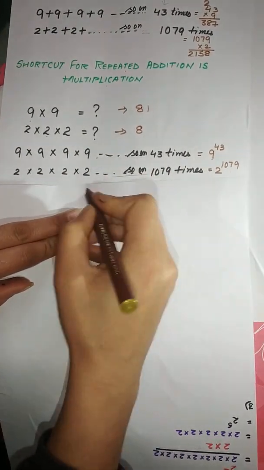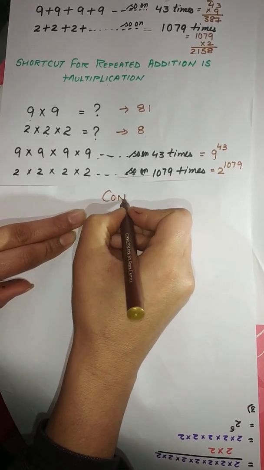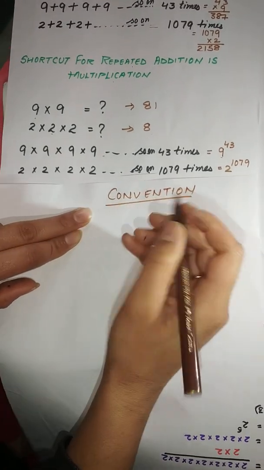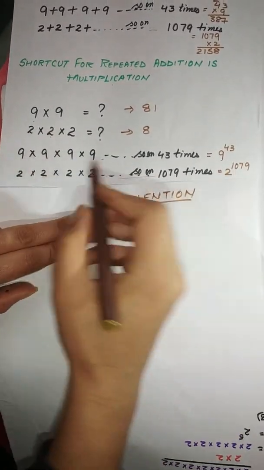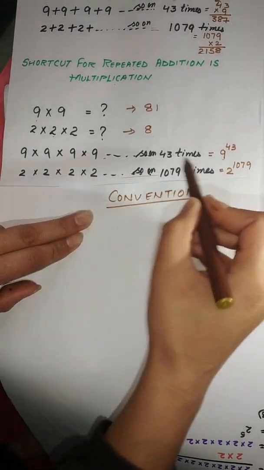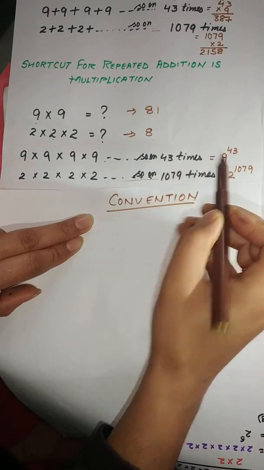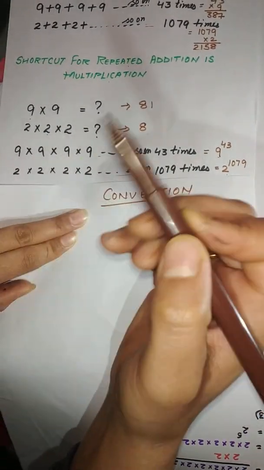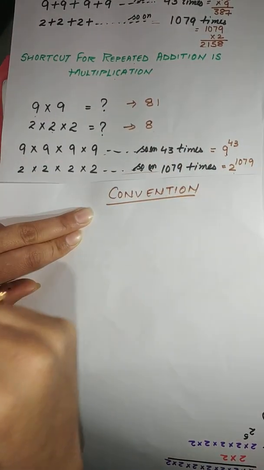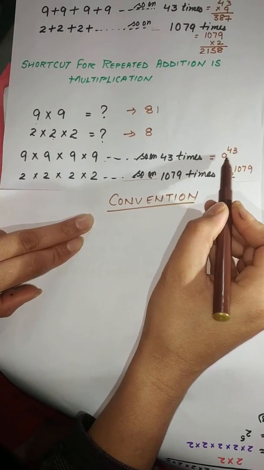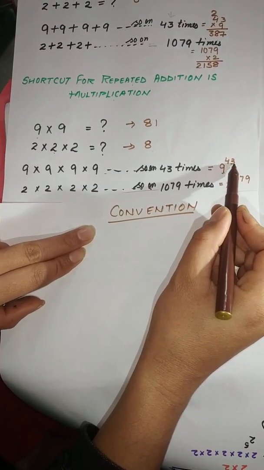And what is this? This is nothing, this is just convention. I told you in a class what a convention is. Convention is when many people agree upon some common thing. Means many mathematicians were sitting together and they thought of how should we write this in compact form, and they decided this notation. So I'm telling you this notation. Now whenever I write it, you should be able to repeat yourself. What does this mean? 9 raised to power 43 means 9 is multiplied 43 times. Okay.